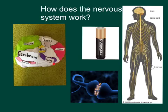Let's say you touch something hot, okay? Then your nerves send a message through your spine and to your brain. But there's something in the nerves and in the spine which actually sends a message to each other. Can you guess? Okay, give up. They are called nerve cells, or you can also call them motor cells. What they do is they